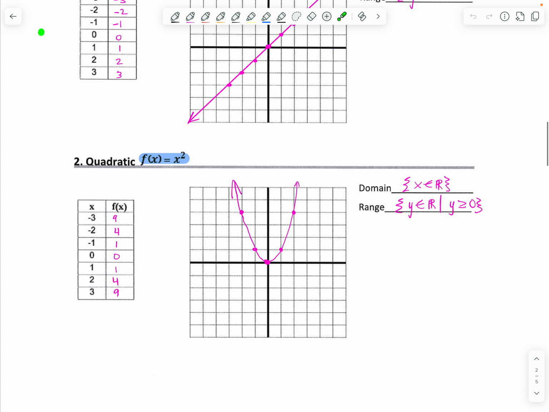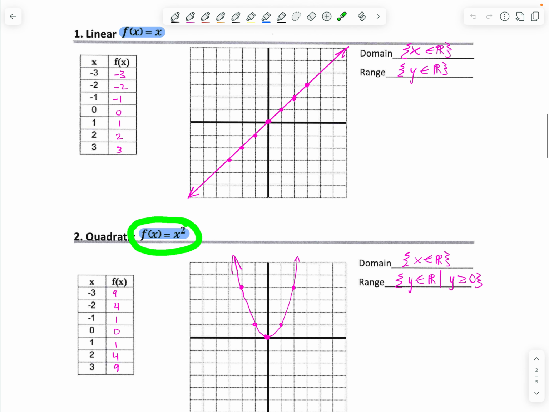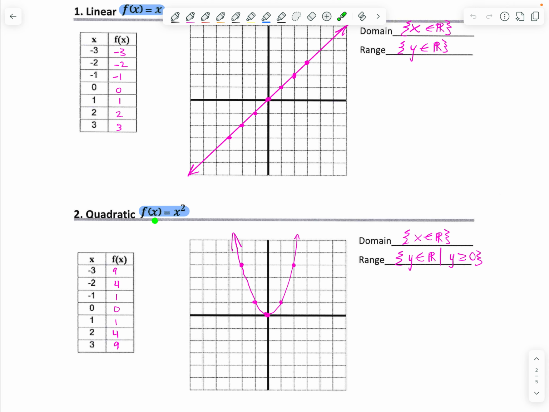Moving on to our next type of function, we have a quadratic function. Now, a quadratic function takes on the form, like the parent function, I should say. So there are many different types of quadratic functions, but the quadratic parent function is the one that goes through the origin, vertex at the origin, and it's just the most basic type. There are no other terms other than x squared. Okay, so what this means is the input I am squaring. So if the input is -3, it becomes a +9 because I square that, right? -3 times -3 is +9. And likewise, all these numbers squared end up being positive values. This is the reason why everything is above the